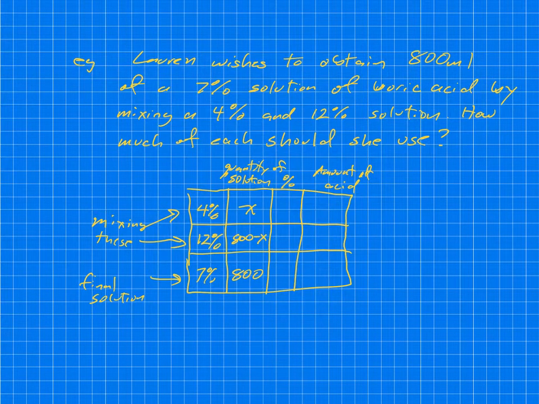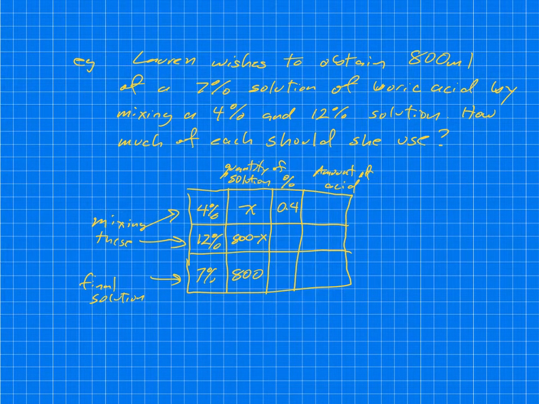Someone in the other class asked, what if I wanted to choose 12% as being X? Would that be okay? Yes. If I make the 12% X, when I solve for X, I'm getting the 12% solution. How did you get 800 minus X? And so for the percent of the solution, I'll write 0.4